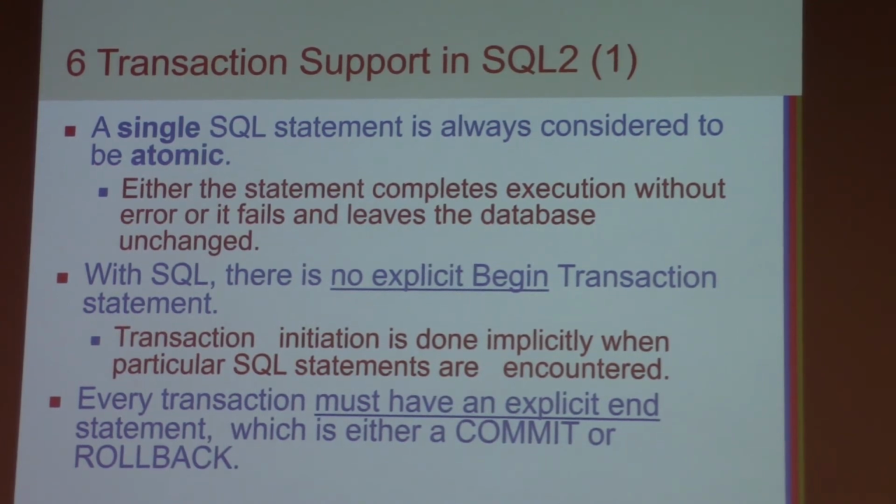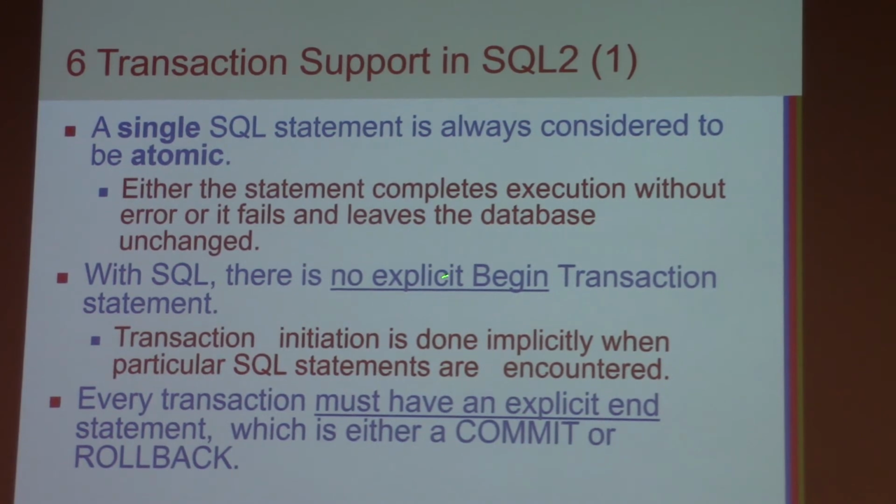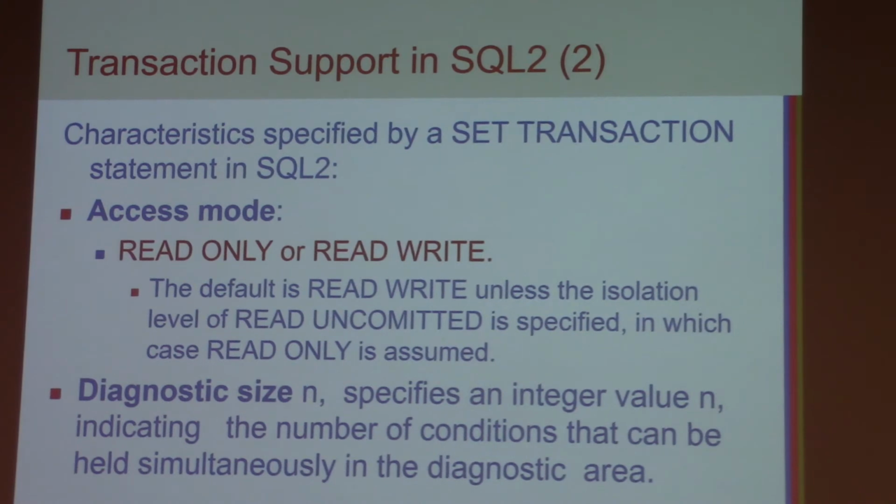This kind of transaction is supported by the standard. If your DBMS follows the standard, SQL 2 is the old standard, but it's a general standard. After that we have SQL 3 and SQL 2000, but SQL 2 is the most basic standard. So the isolation levels and transaction concepts are standardized. Any DBMS uses the same thing, like the begin transaction, even if implicit, and the end transaction, which is a commit or rollback, and the access mode, read only or read and write. Read only is not used a lot, but